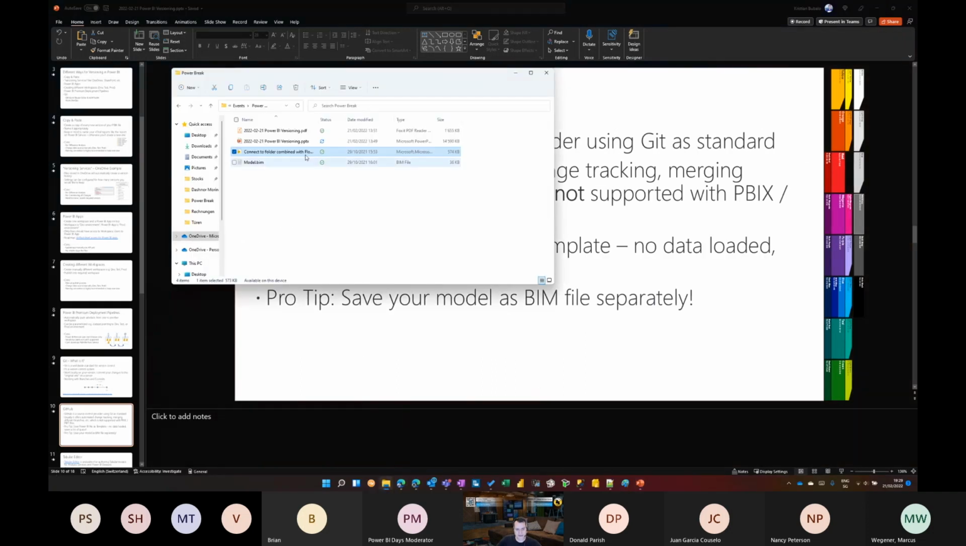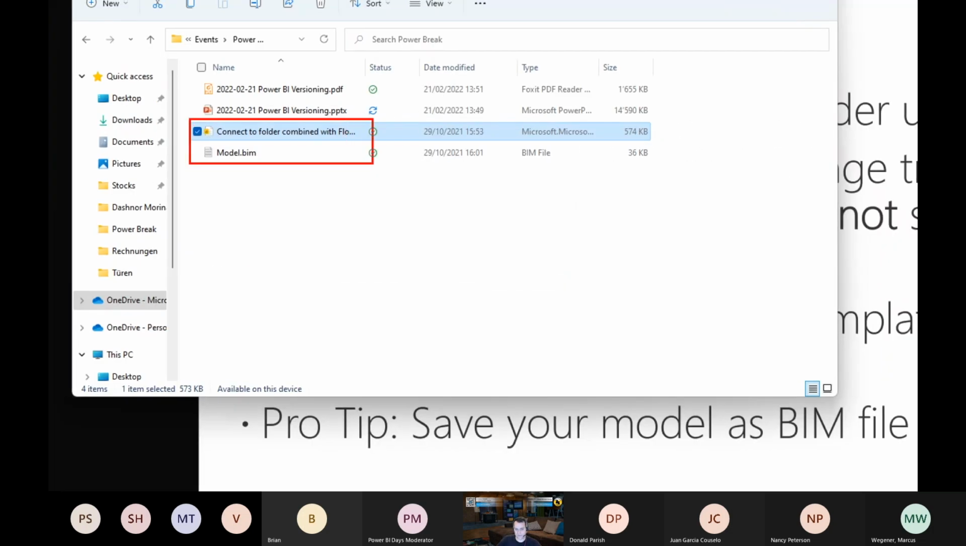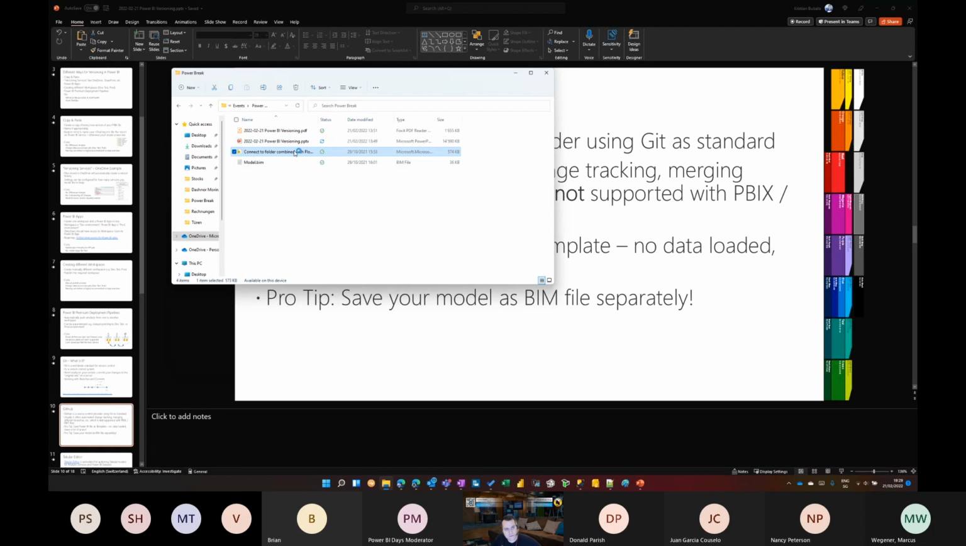I have here in my OneDrive two files. One, the PBIX file, which is my demo report, really just a simple one. I can open it in a second. And I have my separated model saved as a BIM file. And if I open the report, let me do two or three changes. Once opened,